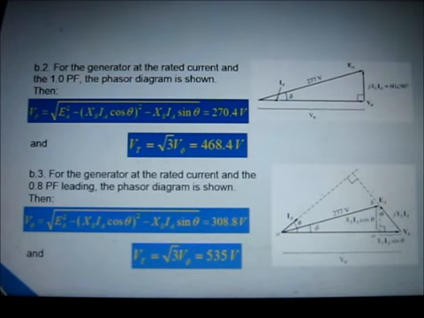Now for the generator at unity power factor, similarly we draw the phasor diagram. Remember, it is always required to study these phasor diagrams in a well-mannered way, because they are very helpful. So you must go through the books for studying these phasor diagrams. I'm just briefing this in small terms.